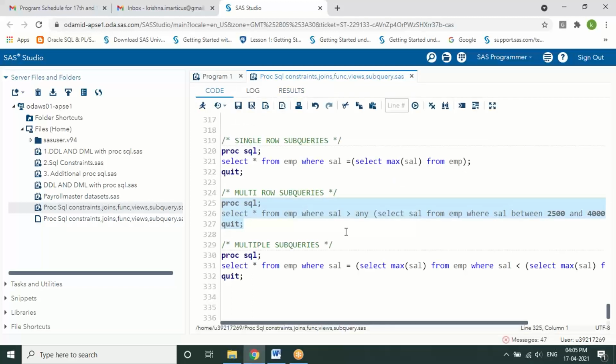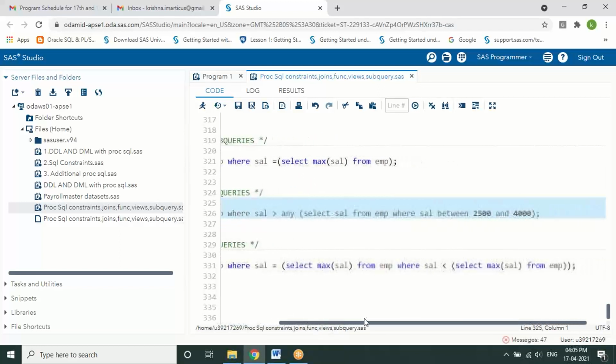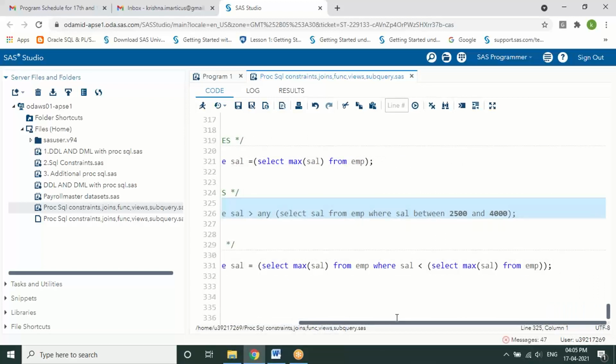Fine, so that is the multi-row subquery. The next one is multiple subqueries. We can write multiple subqueries in this. Can you see this, guys? The last one, I'm writing multiple subqueries on it. Select maximum salary from employee, again select maximum salary from employee where so and so. I've written the same queries again and again. Can someone let me know what exactly the result gives us?